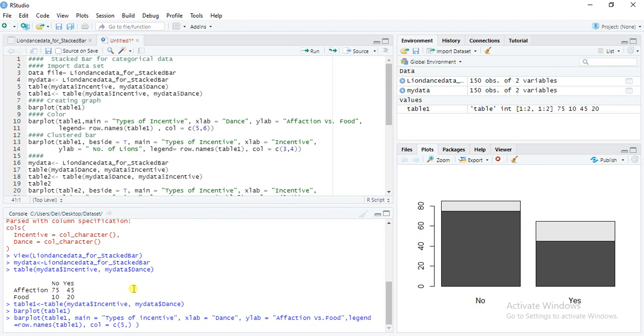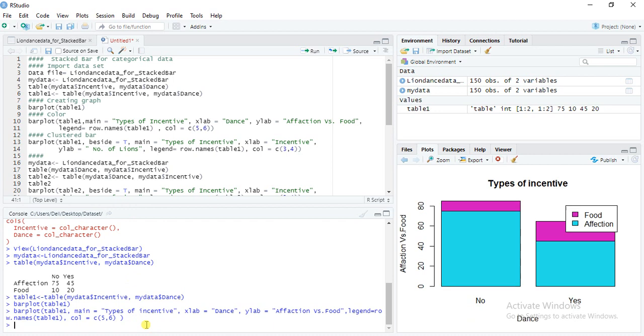We can give any number, 5 6. So this will be our graph.